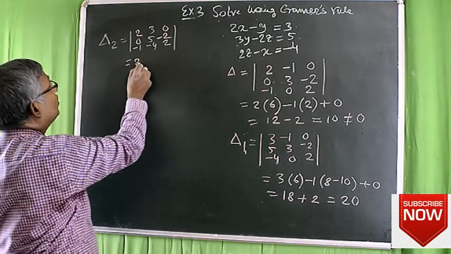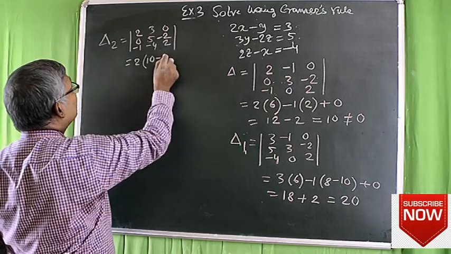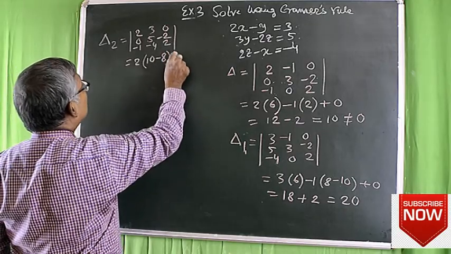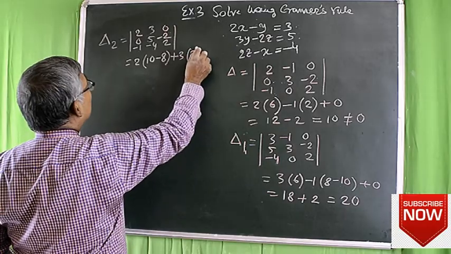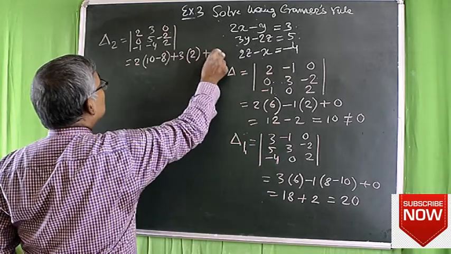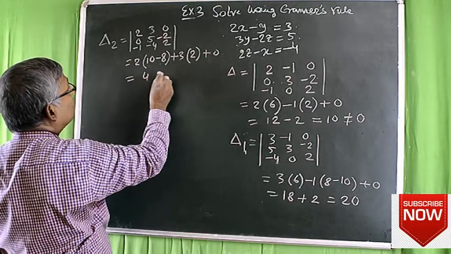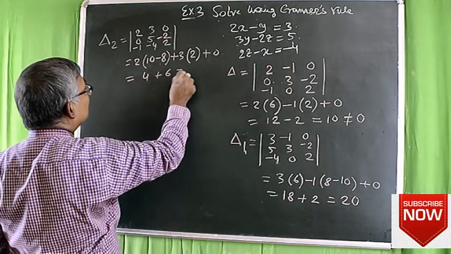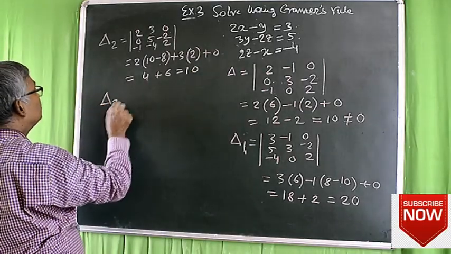This equals 2 into 10 minus 8, plus 3 into 2 minus 0, plus 0 equal to 4 plus 6 equal to 10, and del 3 equal to